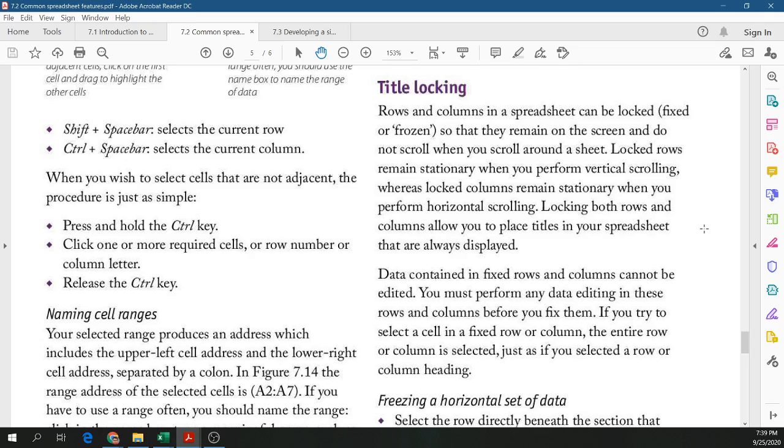Okay. Title lock-in. Rows and columns in spreadsheet. Anyways,